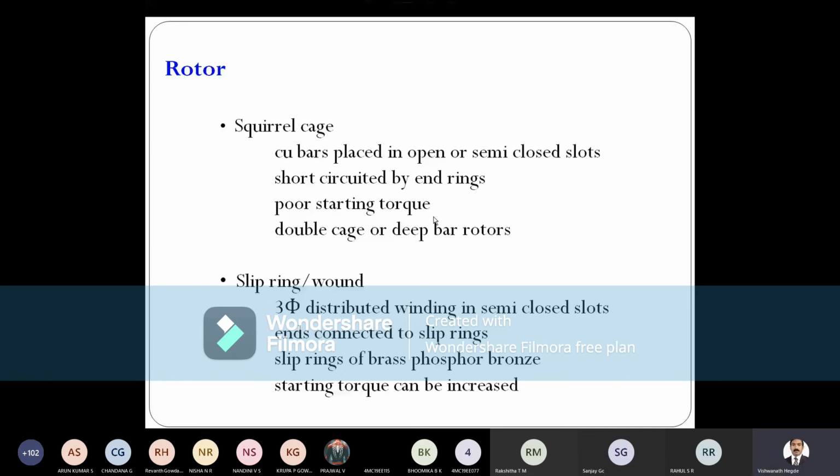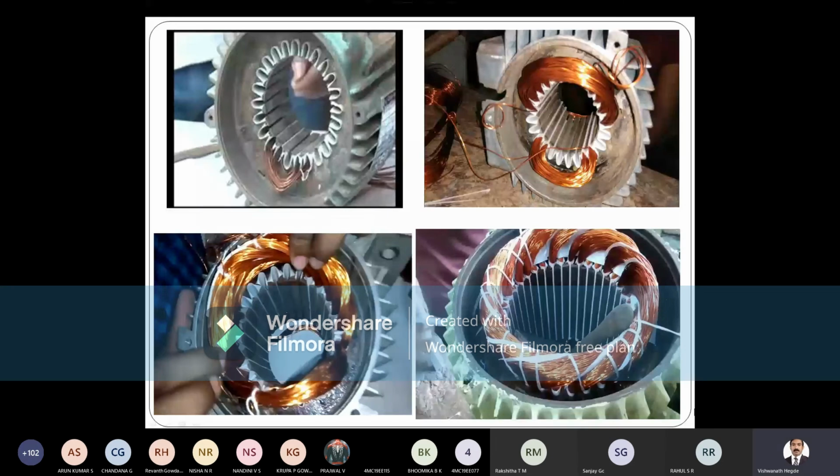Next one is the slip ring rotor. In a slip ring rotor or wound rotor, the windings are placed instead of copper bars, similar to the stator. In the stator you have seen three-phase windings, if it is a three-phase induction motor. These windings belong to three different phases, R, Y, B, or phase A, B, C. Similar to this, in a wound rotor also there will be windings placed,